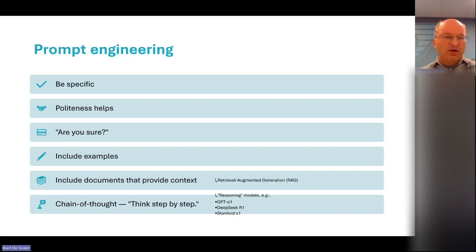And you can ask for chain of thought. That is, if you just say to a model, think step by step after your query, then the model will list out all the steps required to get to an answer. And then the chance that it will arrive at the correct answer for a difficult question is higher.